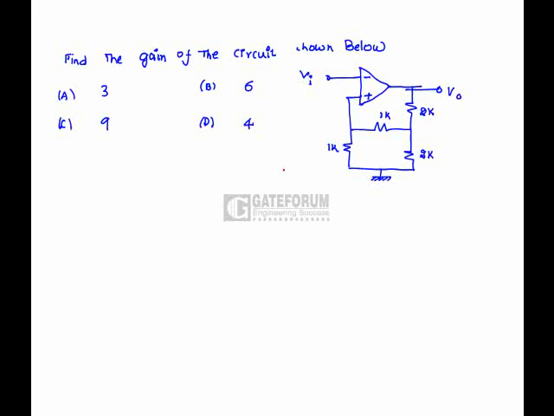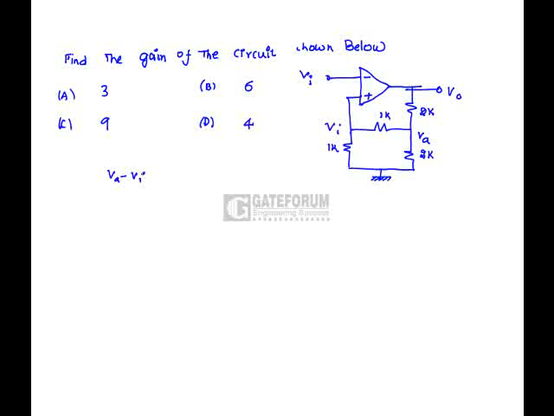Find the gain of the circuit shown below. So if I am indicating this as VA, from the virtual short circuit concept, this node has the potential VI. So if we apply KCL at VA as well as node VI, we will get